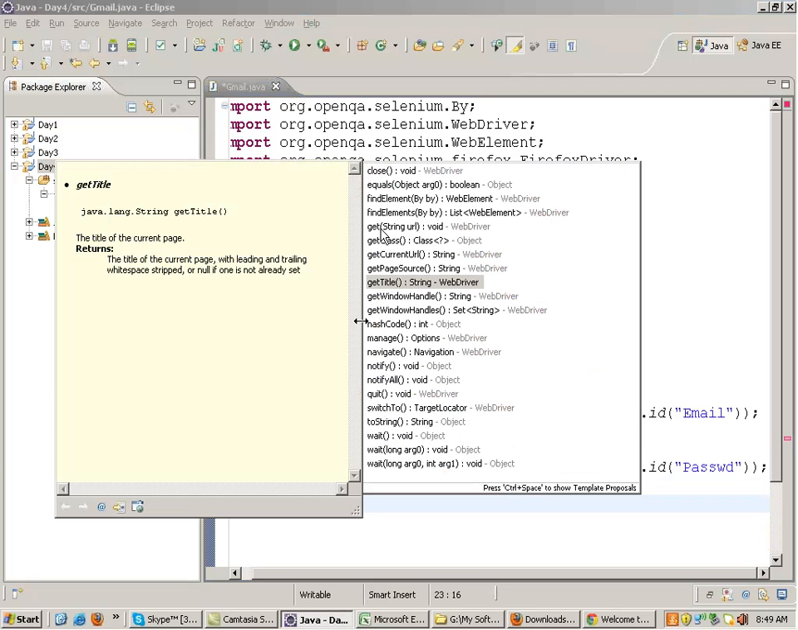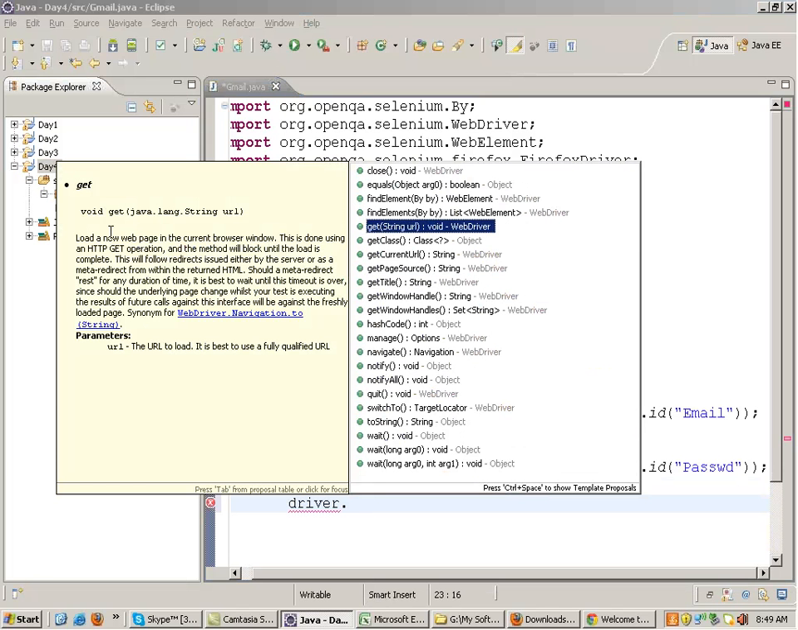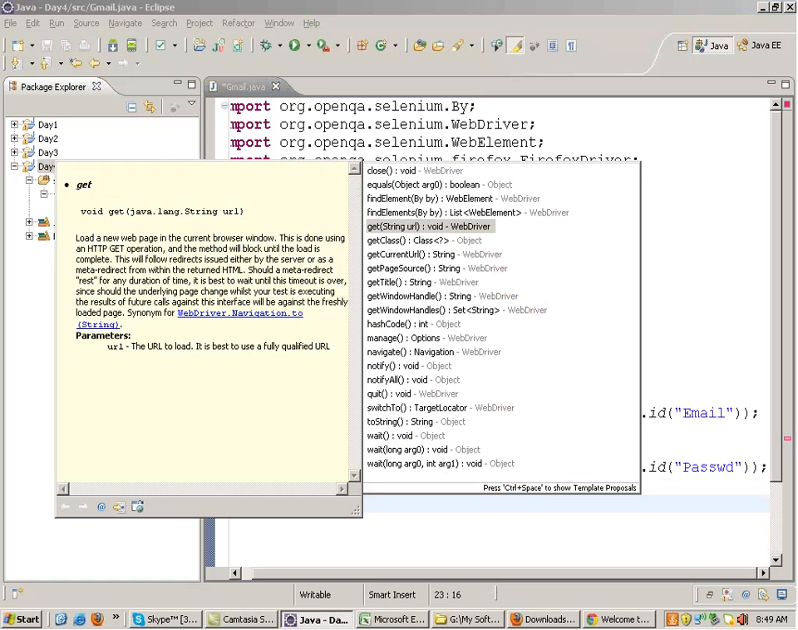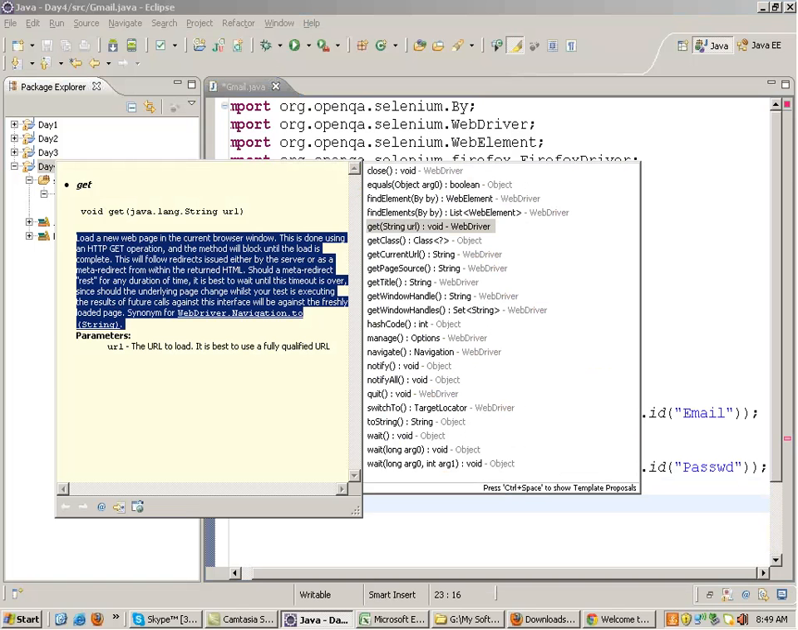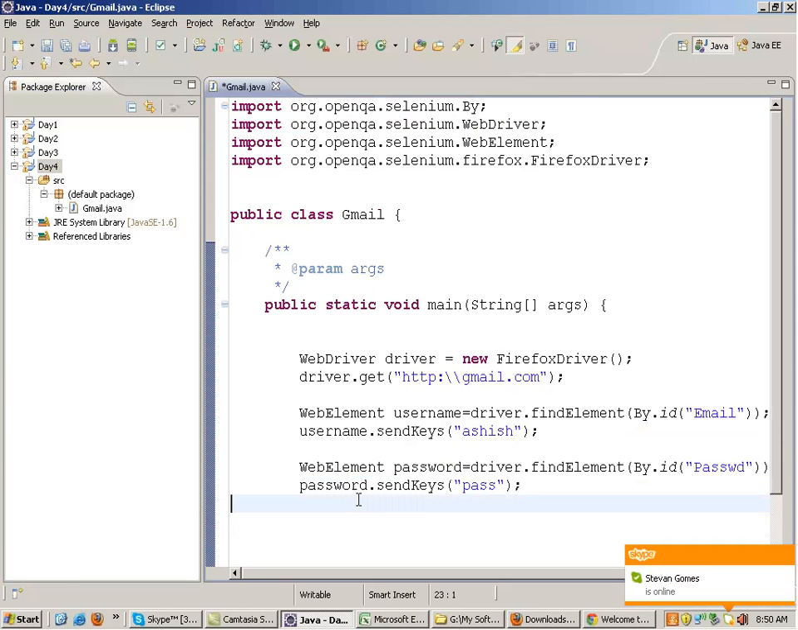Or if I click on get, this will get an element from the page, right? Sorry, this will load a web page. So this will give you the description of the function, right? Fine. So this is important because at times you will find it quite tough to move back and forth from the Javadocs to your Eclipse, then from Eclipse to Javadocs. It's good to include the Javadocs inside your Eclipse. Fine. So this is how I use the username and password